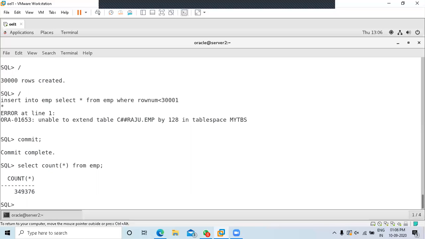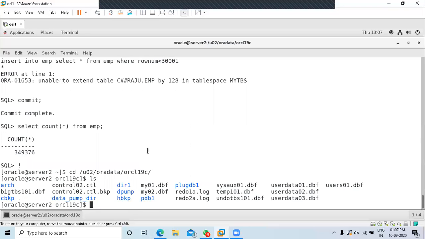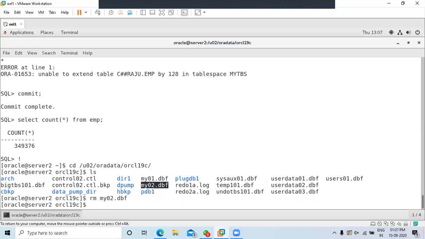Now what I am going to do is perform a file deletion. Let's go to the operating system, /u02/oradata/ORCL19C, ls. Delete that data file, my02.dbf. This is not in backup. rm my02.dbf.